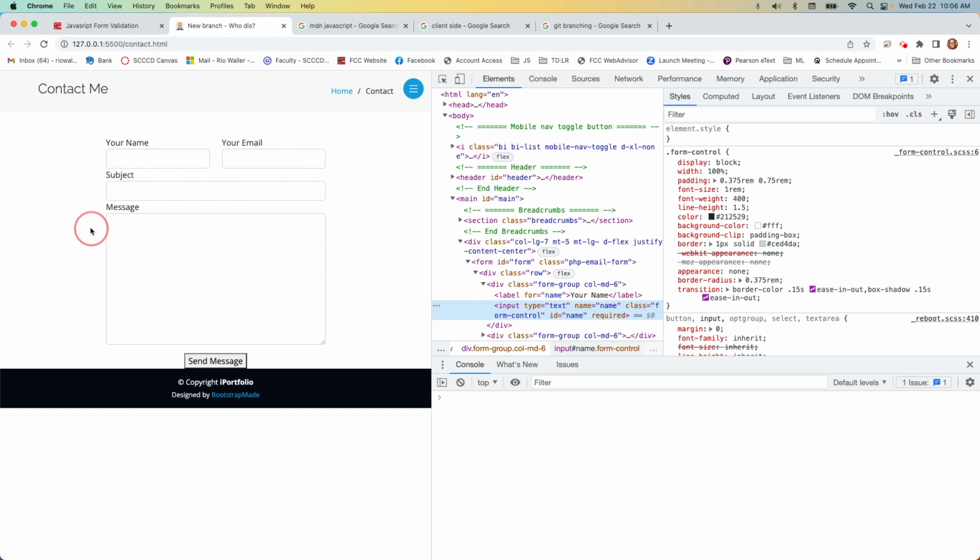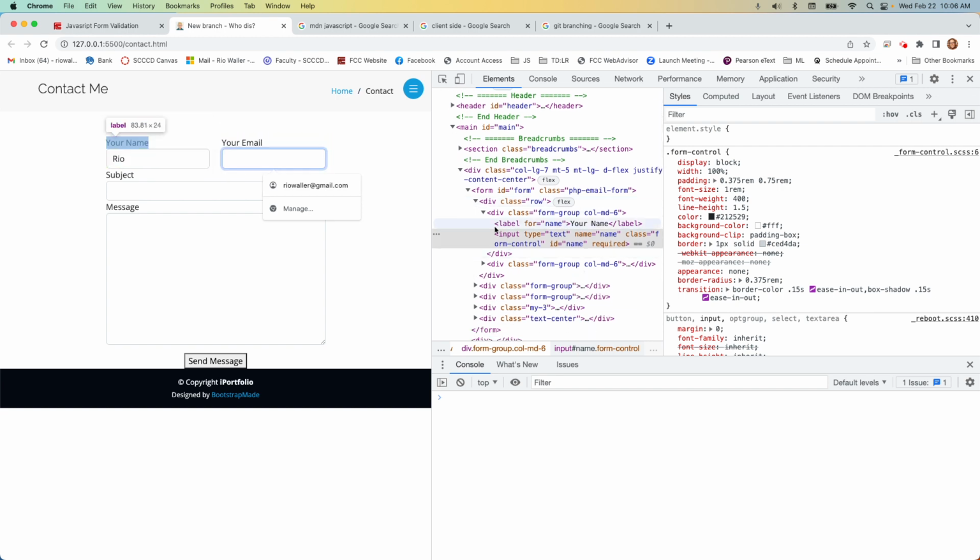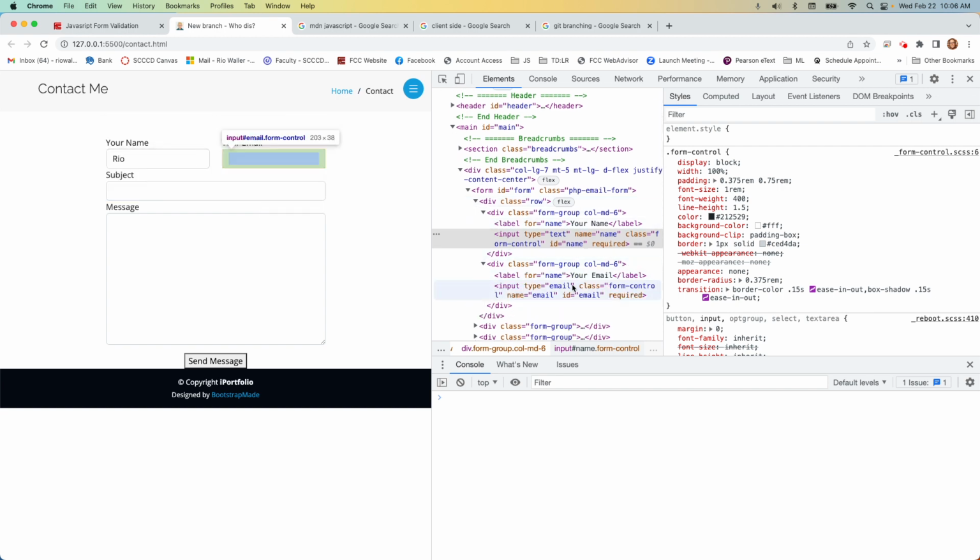So what happens, and this is a way we validate user input, is if somebody just comes in here and hits send message, the first thing that happens is that required attribute is checked to see if that field has been filled out. So if I fill it out, I tab to the next one and try again, then the next one triggers. Every one of these you will see has required, and you can come down through here and look at every one of them. That's just, in this case, built in